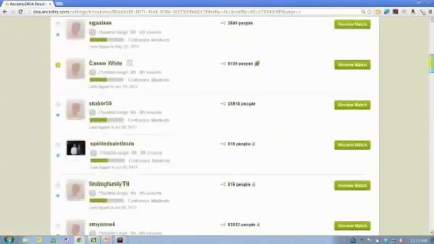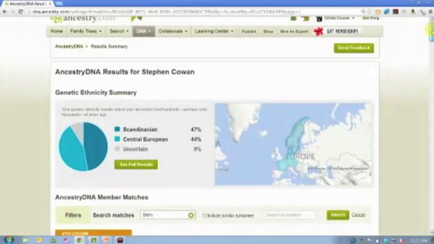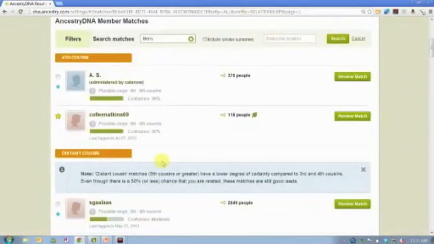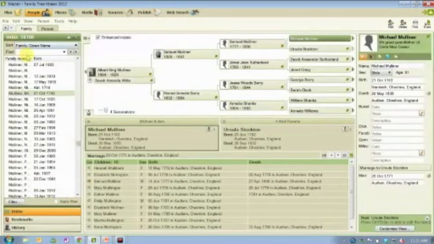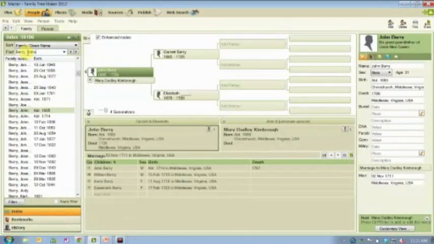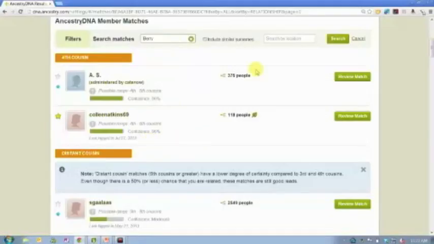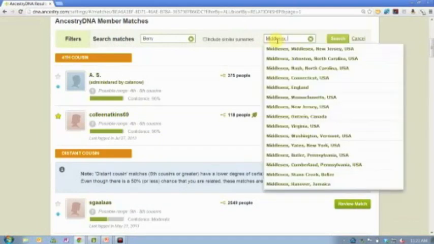So what I could then do is filter it even further by location. If I go into my family tree and pull up, let's go to Jesse Berry here. Actually, I think his name is John. There we go. John Berry was born in Christchurch, Middlesex, Virginia. So if I add a location of Middlesex, Virginia,